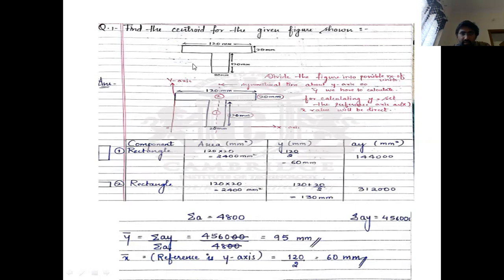So I will tell you the steps. What are all the steps you are supposed to follow? The first thing is, whenever you look at these kinds of figures, first you are supposed to fix the reference axis. If nothing is mentioned regarding your reference axis, keep the figure in the first quadrant. So I kept this entire figure in the first quadrant. The second step is to divide the total section in whatever number of possible ways. Here I can divide into two components because I know about squares and rectangles.